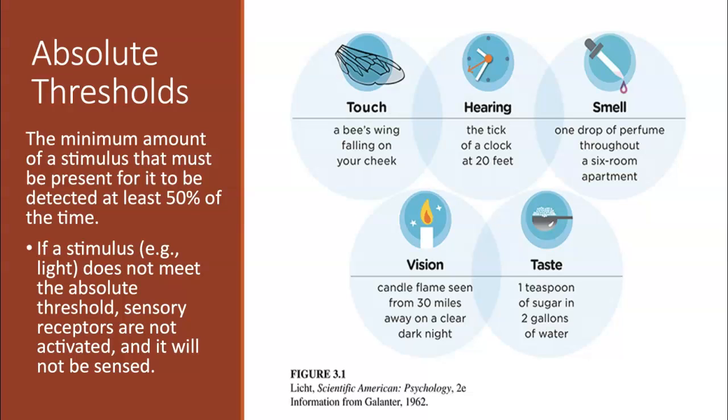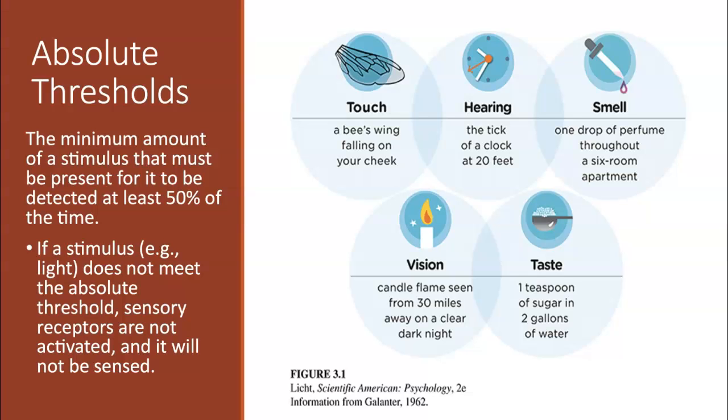Now, it used to be simply defined as the smallest amount needed to be detected in general, but research then found that there are a lot of factors that could influence whether a stimulus is detected or not. Plus, that ability, as I just mentioned, also differs between individuals. Some of you have better eyesight than others. And so that is why the definition was changed to be that it needs to be detected at least 50%